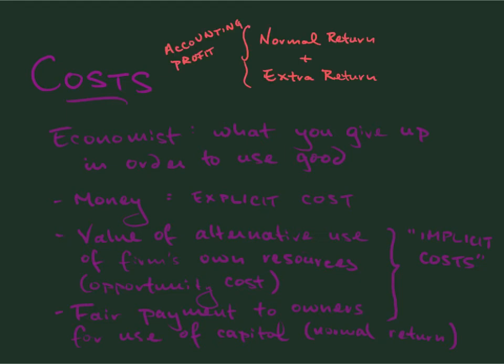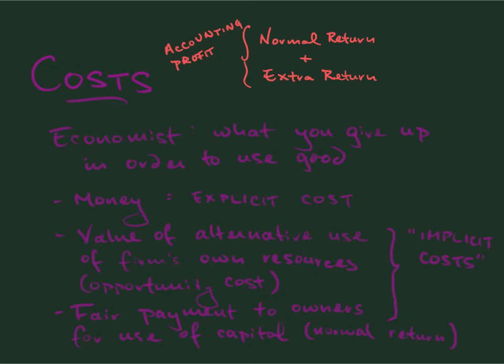So, what an accountant would think of as profit, maybe you can divide that into two parts. One part is simply the normal return, which is matching what the owners could have received if they had invested their money in something else. So, for example, if starting this business requires $1,000 of capital, and the owners could instead have put that money into a bank account that generated 5% interest, in other words, $50, then a normal return in this business would